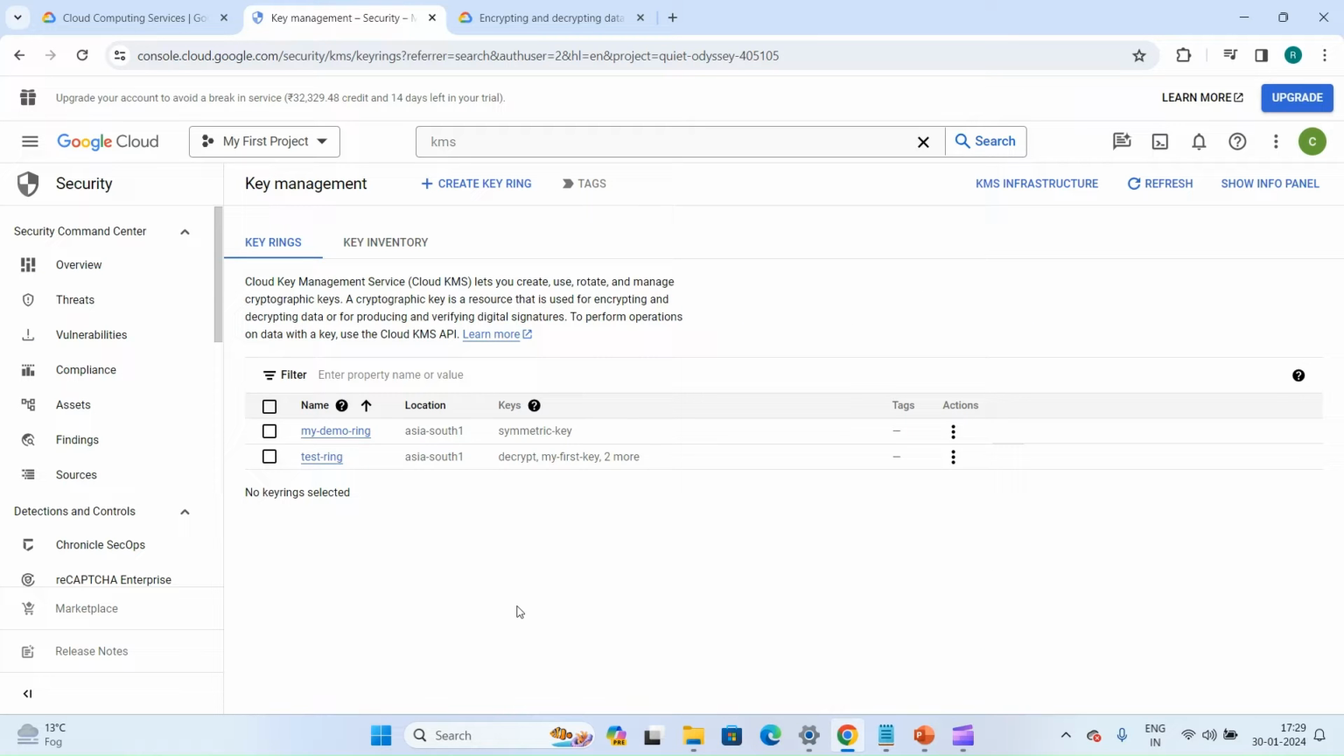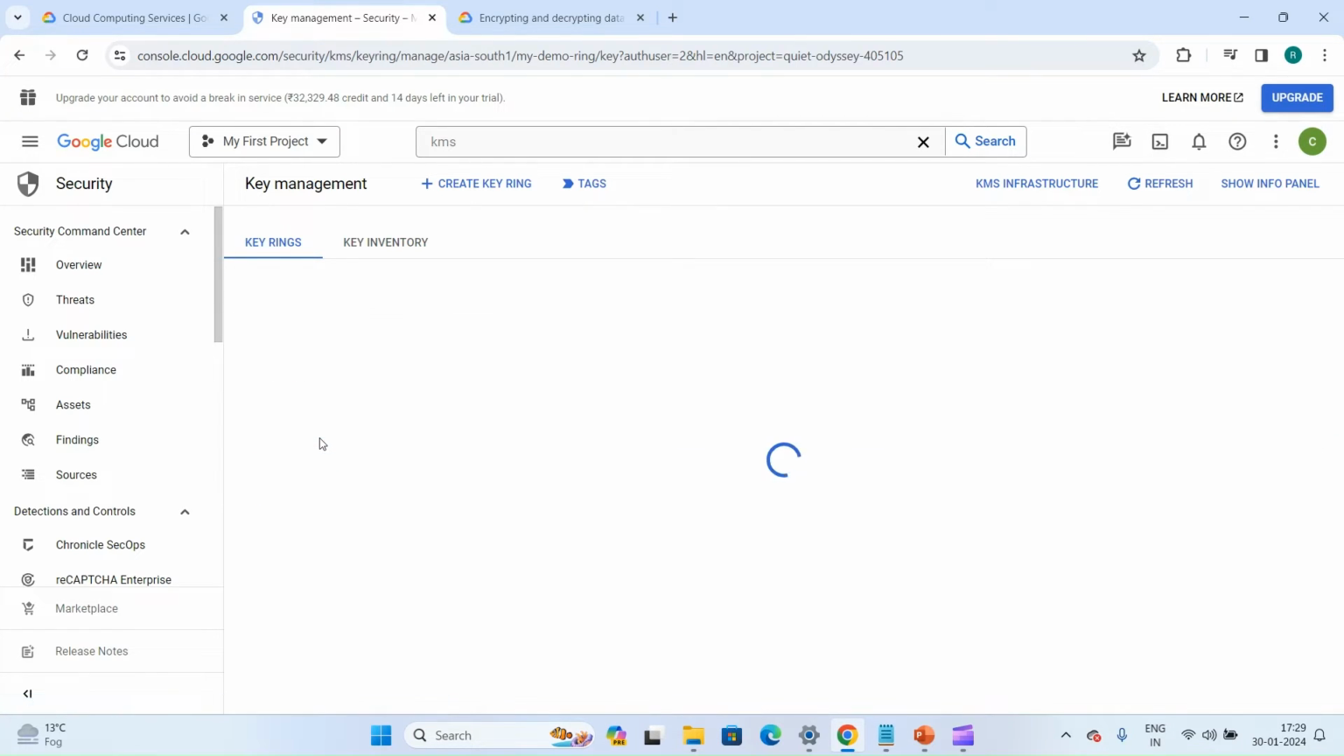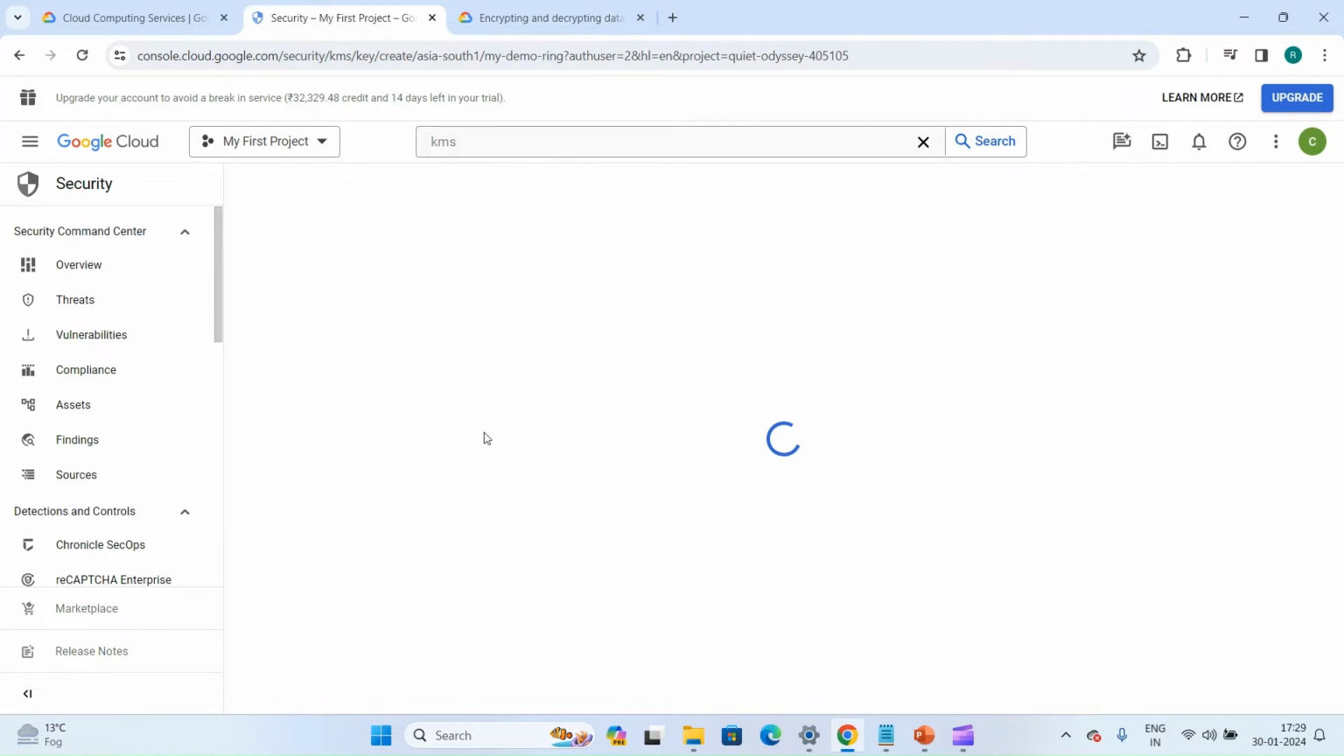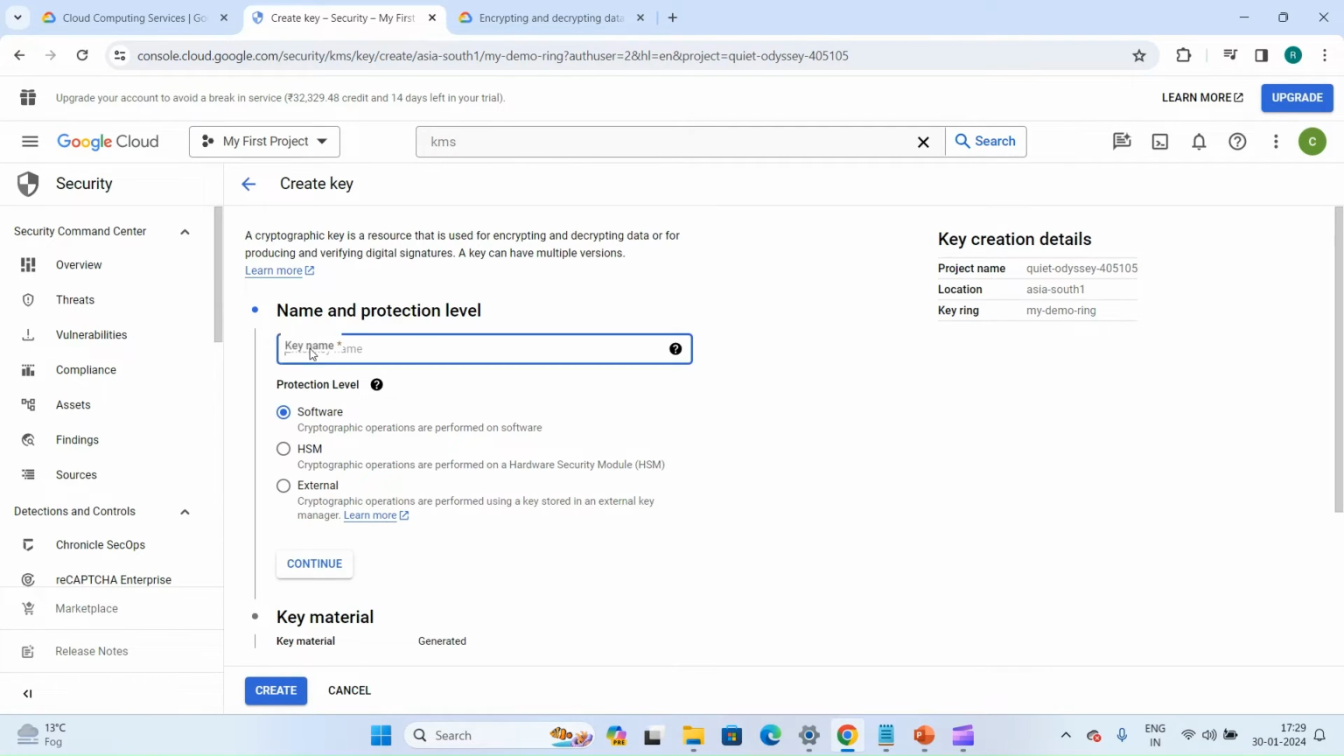So I'm in my cloud console. In the last video we have this keyring which we have created. If you don't know, just check out my last video. So this is our symmetric key which we used in our last video, and we did a demo also. But in this video we are going to create an asymmetric decrypt key. So we just have to click on create key and give it a name. Just call it asymmetric